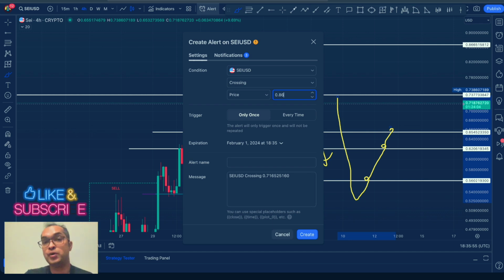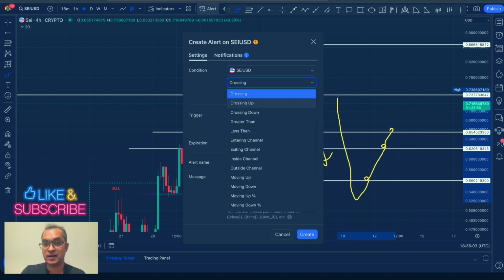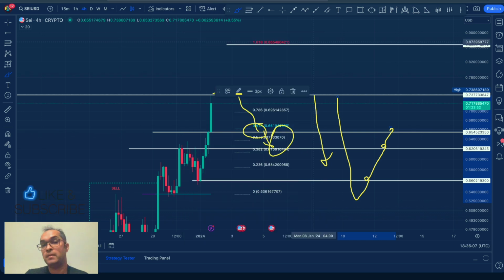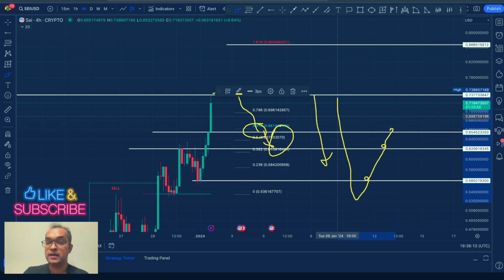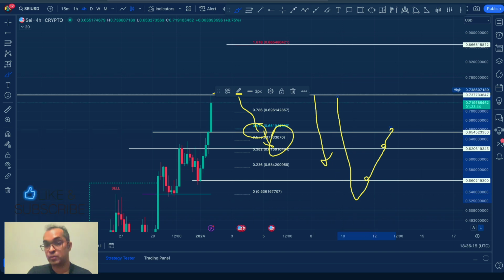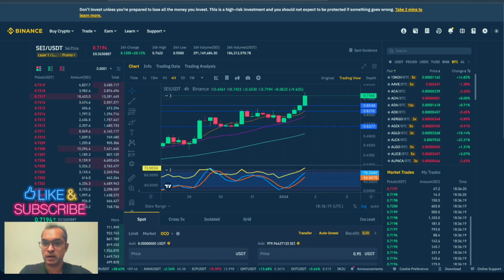You can do it here or on your exchanges. Set up an alert to tell you what happens when the price is crossing over, right? You can see it crossing up, crossing down, less than, move up, whatever. Many things can be done here. Set your alerts up so that way, if you are having trailing stops, and when you're coming down, if your order has not been filled, or your limit order, or whatever numbers you've put in, remember, when we're coming back here,